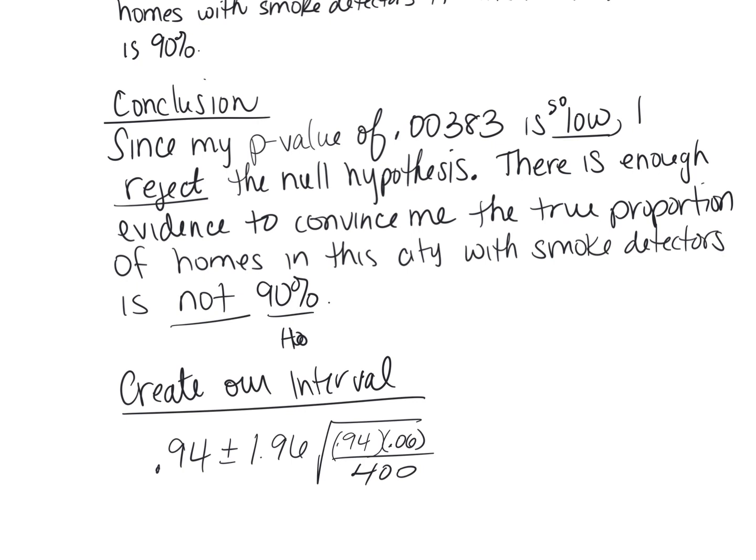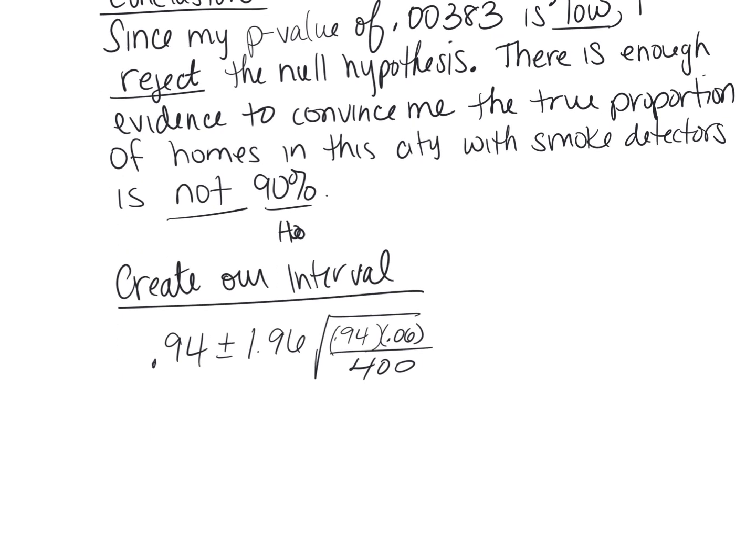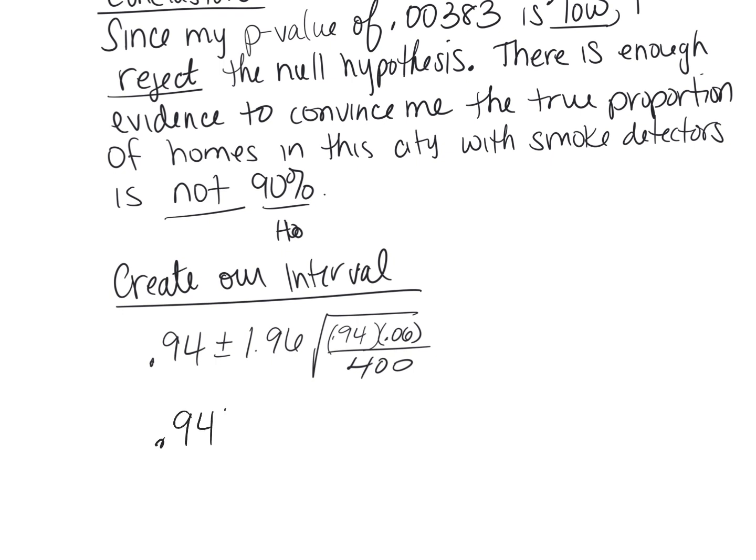So 0.94. Notice I'm recalculating my standard deviation, because now we rejected that hypothesis. I don't think it's 90%. So I'm going to use my sample to say what I think the true proportion is based on my sample. So you're saying, no, Miss Wheelock, there's no way that deck of cards is fair. There's no way it's 50%. Based on my sample, this is what I think it is. So 0.94 plus or minus